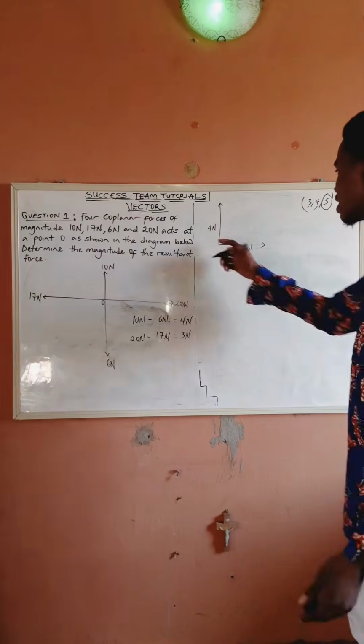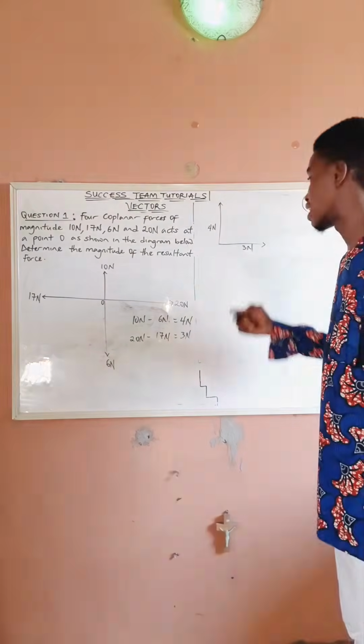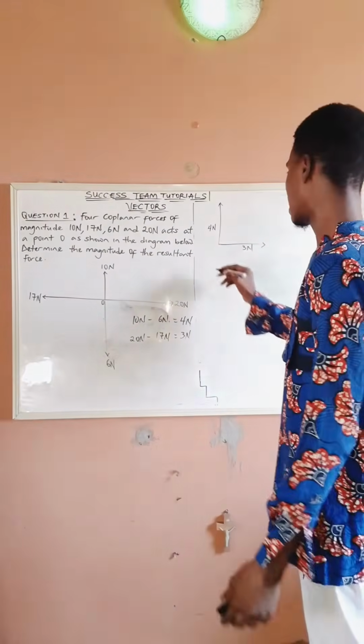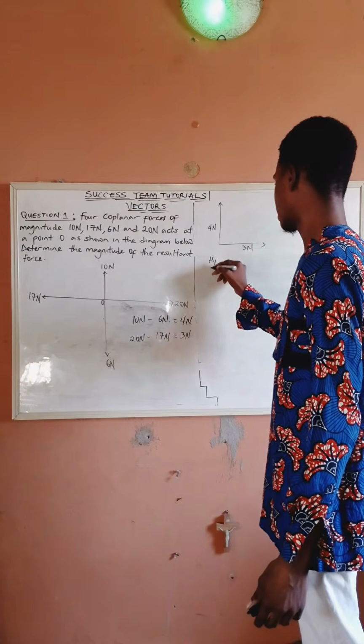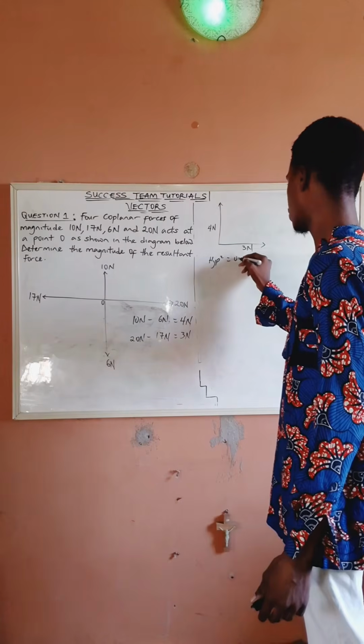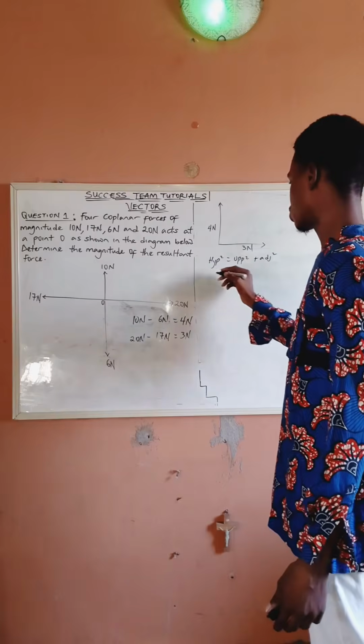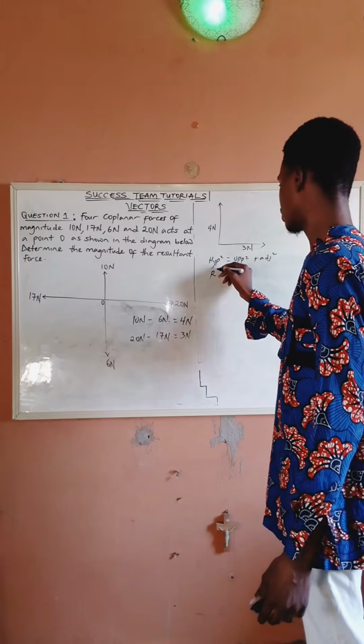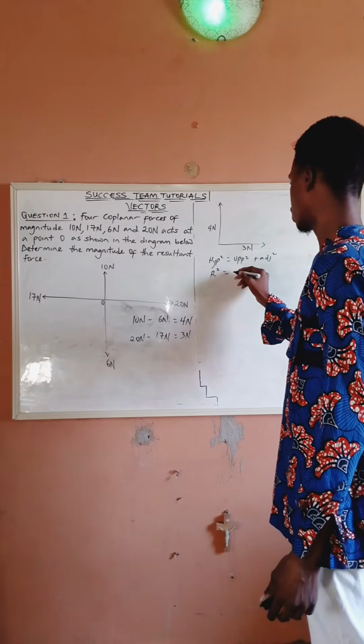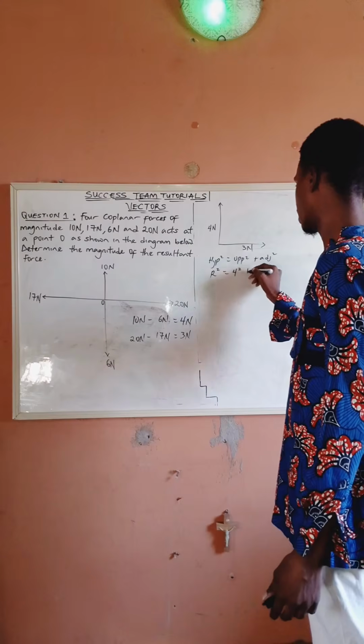Let's solve it. So now this is F1, and this is F2, right? From Pythagoras' theorem, I have that hypotenuse squared is equal to opposite squared plus adjacent squared. So I can say that R squared is equal to 4 squared plus